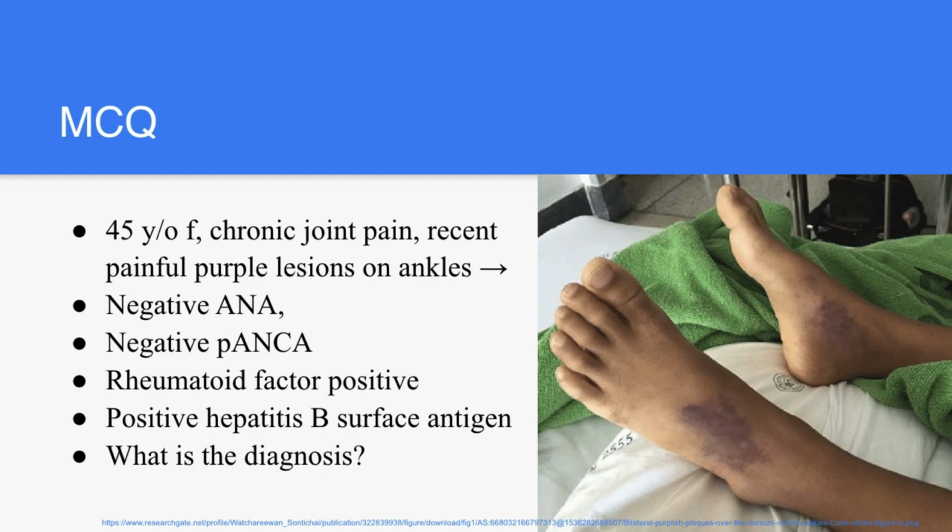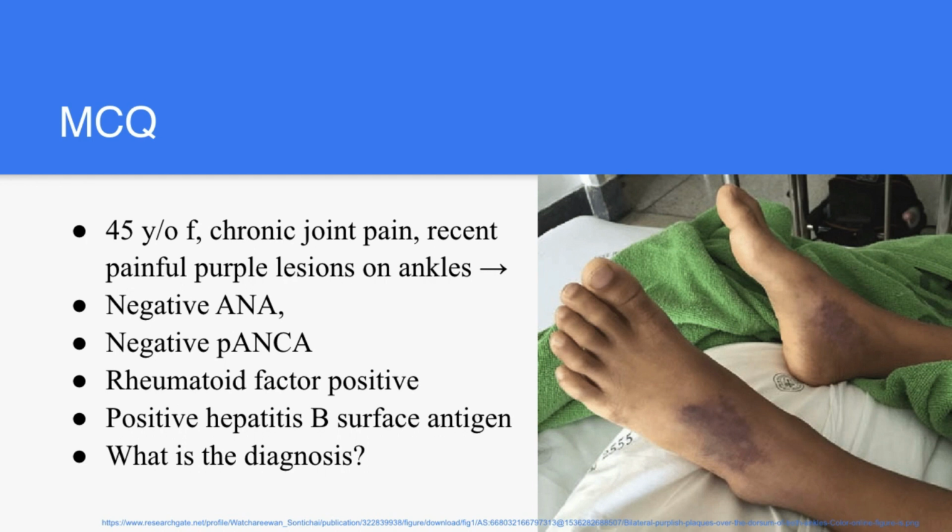So this is a 45-year-old female with chronic joint pains and a recent painful purpuric rash. It's bilateral and involving both ankles. So this is a systemic disease with arthritis. It could be SLE, but